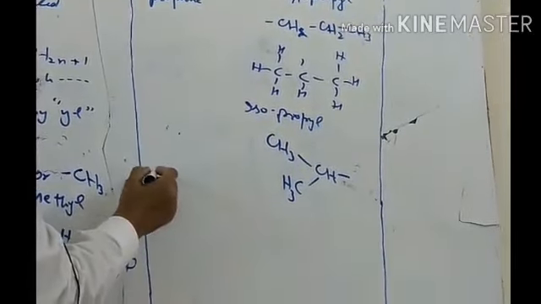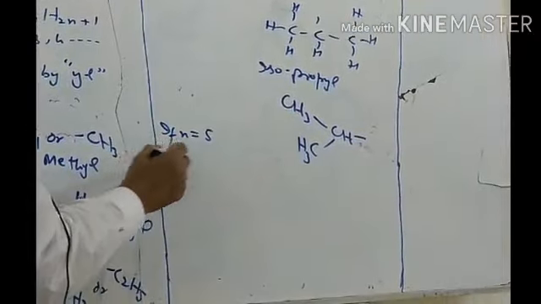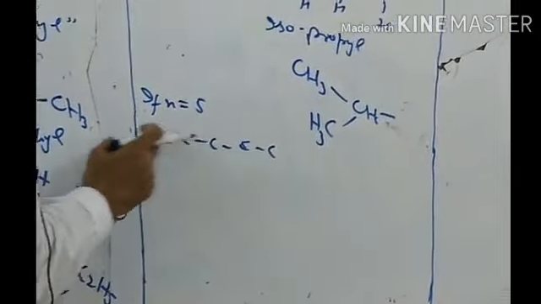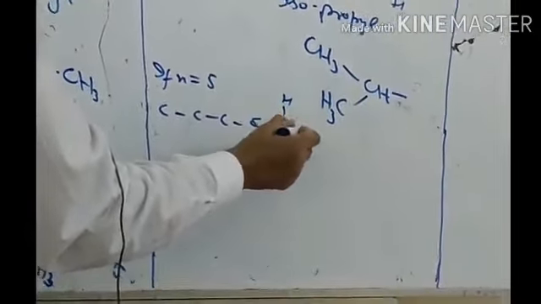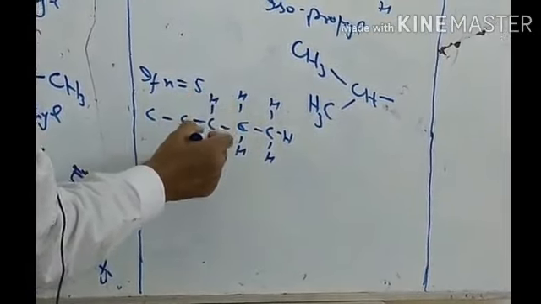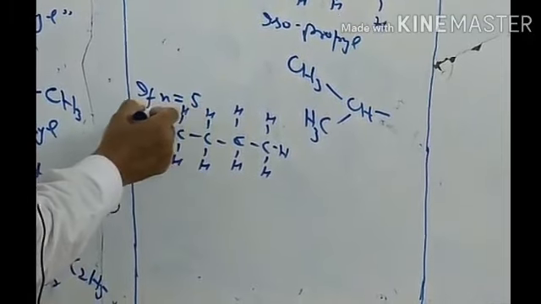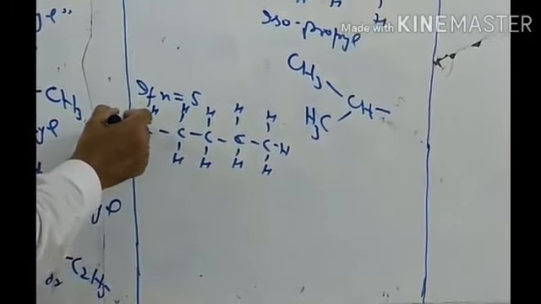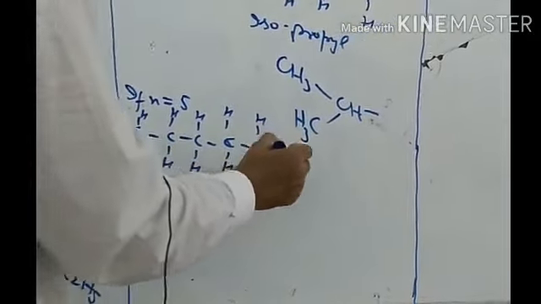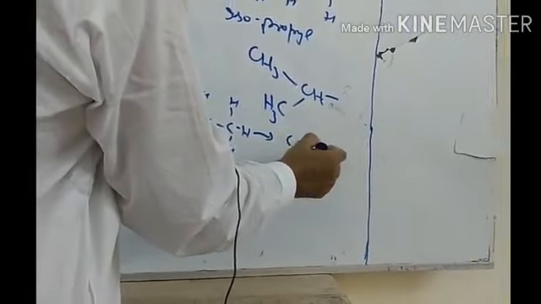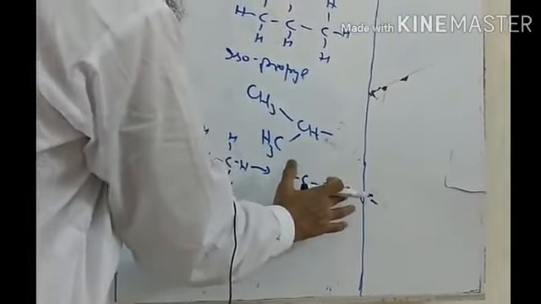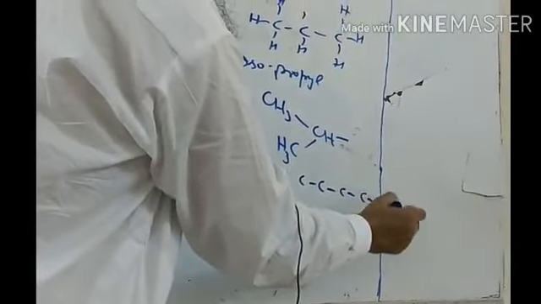Similarly, if n is equal to 5, in this case we have carbons 1, 2, 3, 4 and 5. You should satisfy the valency, so 1, 2, 3, 4 everywhere. In this case H, and this is H. You know the name of this compound is pentane. Now remove one hydrogen of the first one. We have 1, 2, 3, 4, 5. So you have the CH.